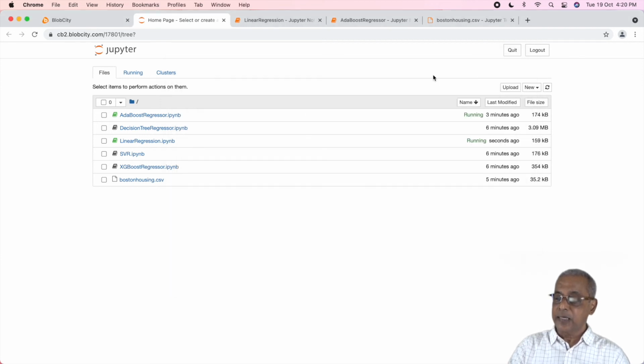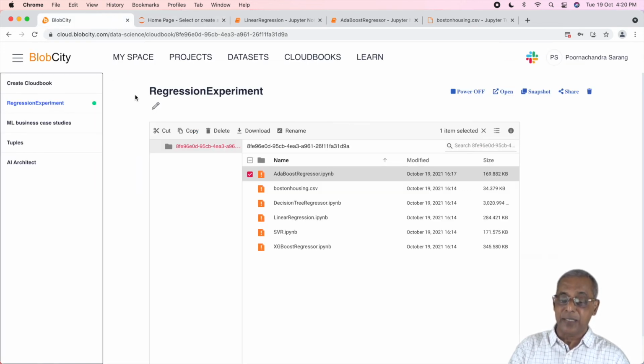Just in case you are not happy with the accuracy score, now you know the best algorithm. Probably you can try some data pre-processing on it. So when you go into the templates again, you will have to start a new experiment and select the other data processing templates here.